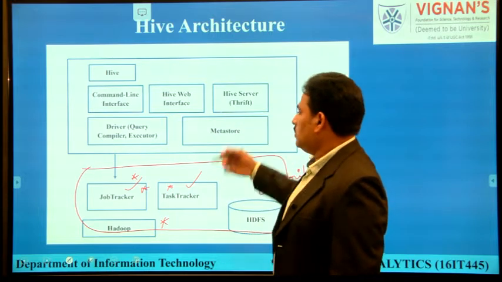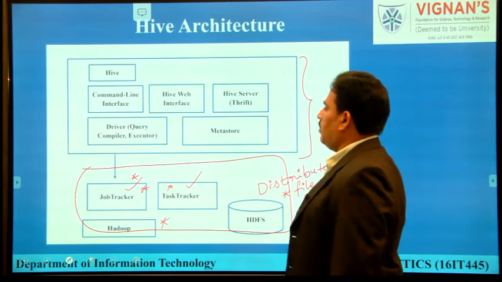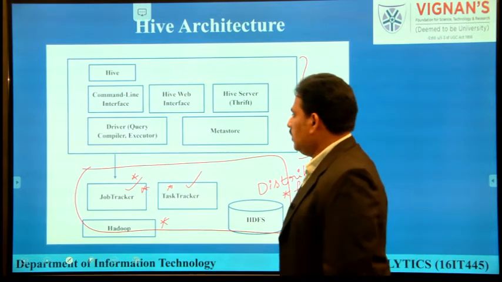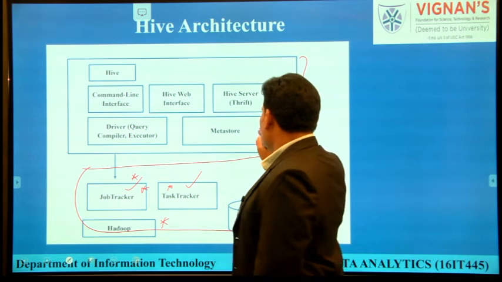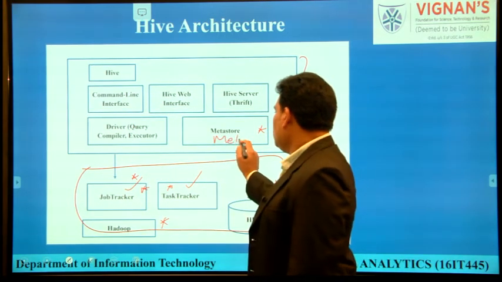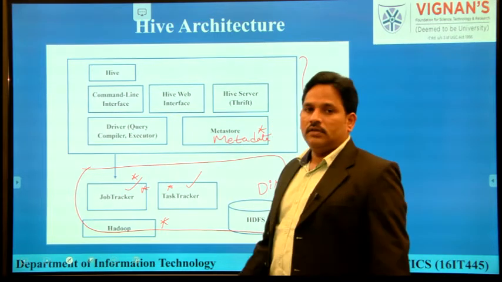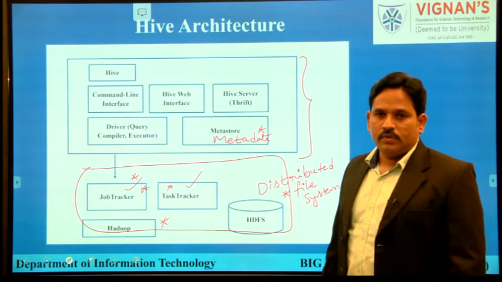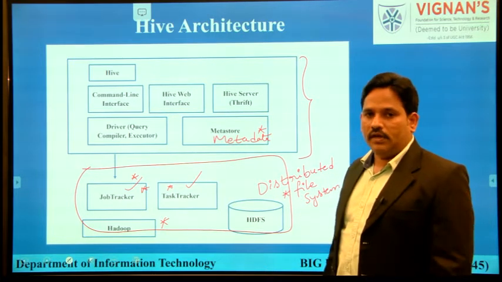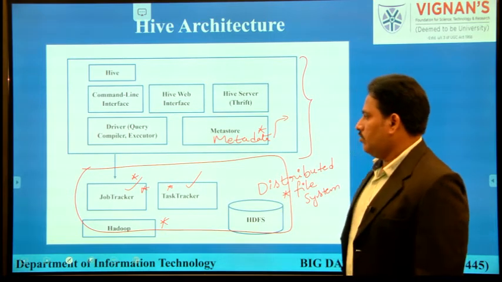When we move to the upper layer of the Hive architecture, we have 6 modules. We will discuss each and every module. Here we have a metastore. The metastore stores the complete information about metadata. That means data about data, creation of the data, creation of the database schemas and data types used, and log information of each and every scheduling and job is stored in the metadata storage environment.